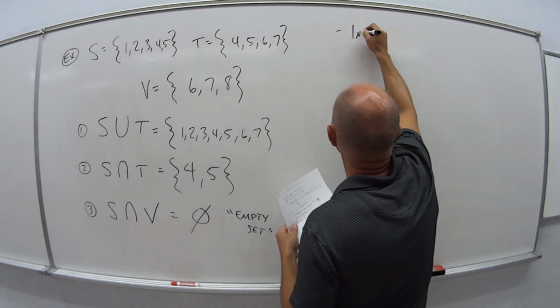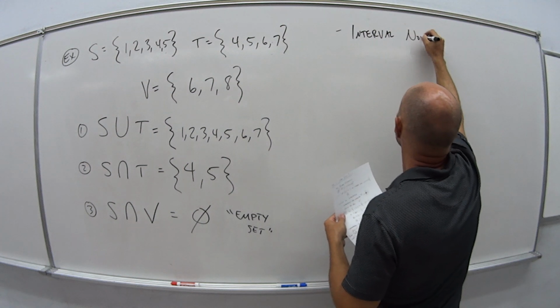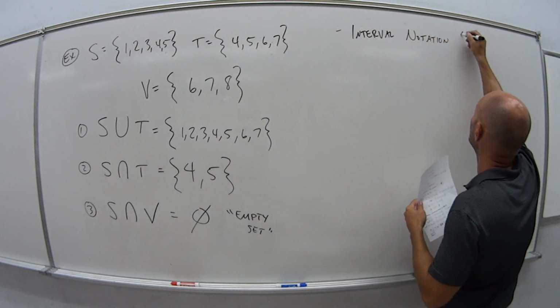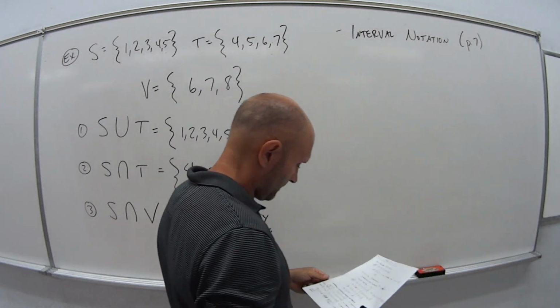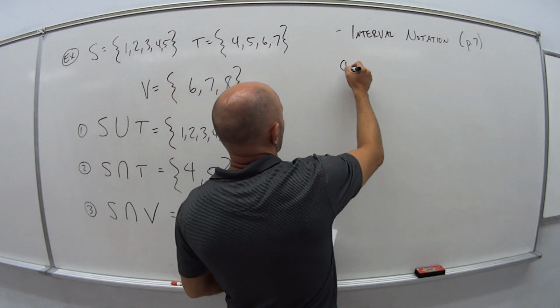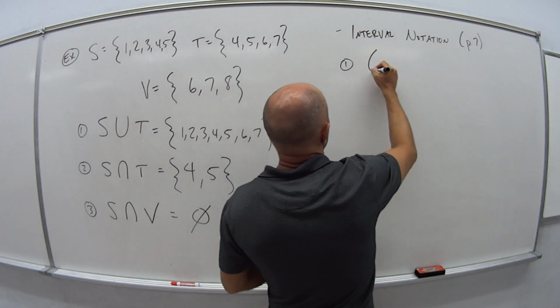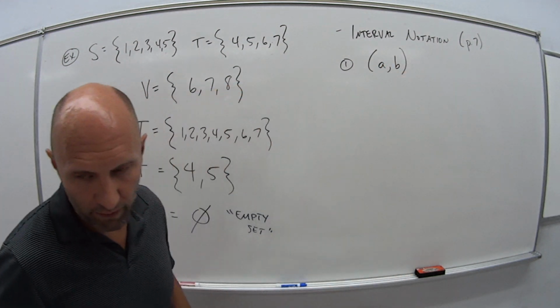Next, we're going to look at interval notation. And these are all on page 7 of the book, if you need to go back and reference it. So the first one, if I have something written like this, A comma B with parentheses on it,